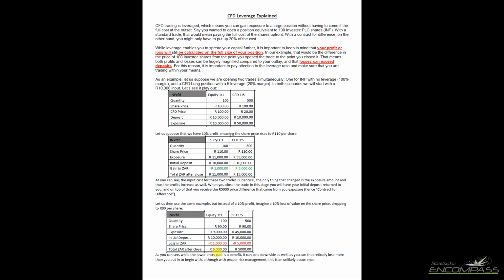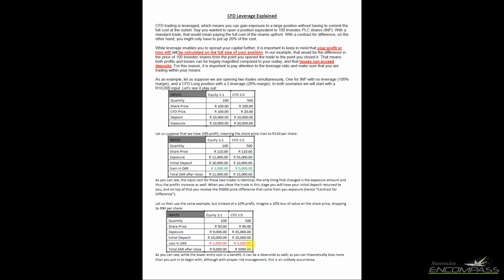On the CFD side, though, we can see it was much worse, because now we are left with a 45,000 Rand exposure. So it's 500 shares times the 90 Rand gives you 45,000 Rand exposure, meaning that you've made a 5,000 Rand loss. So your deposit is still returned to you, but they're withholding 5,000 Rand from your deposit to get them to around 50,000, which once again is what you owe them. They gave you 50,000 Rand worth of shares, they expect 50,000 Rand back. So you're left with 5,000 Rand total still to trade with,